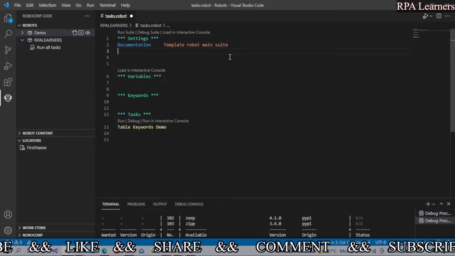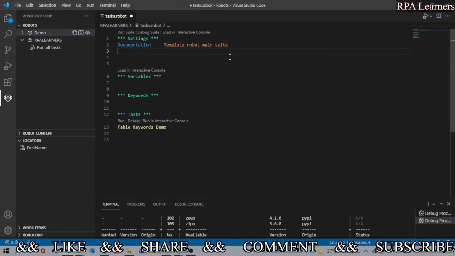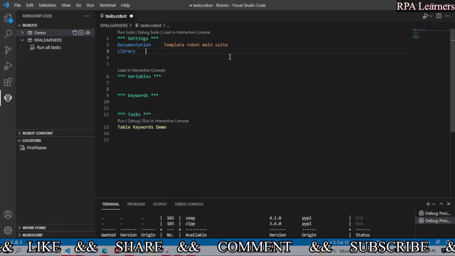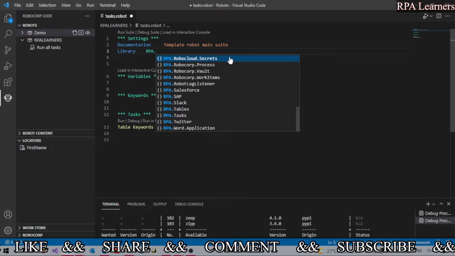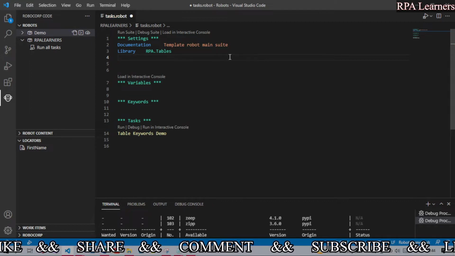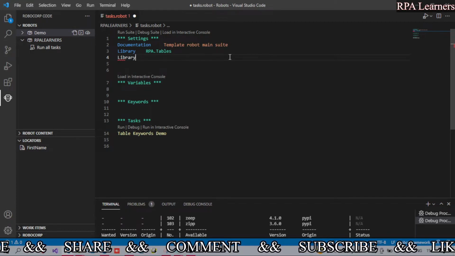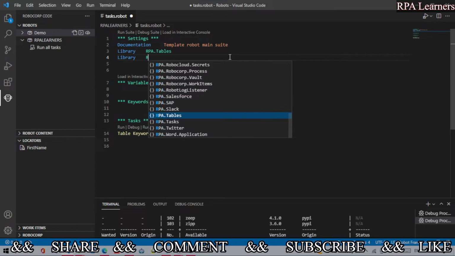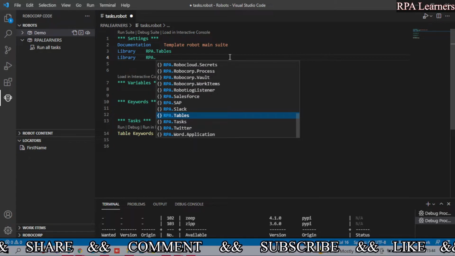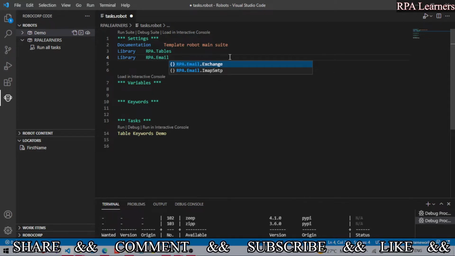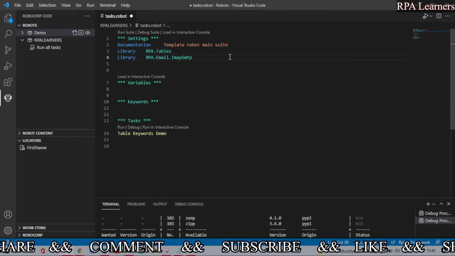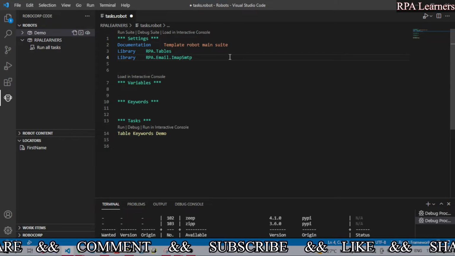So let's first use those libraries: RPA.Tables, and RPA.Email.ImapSmtp. Those are the two.